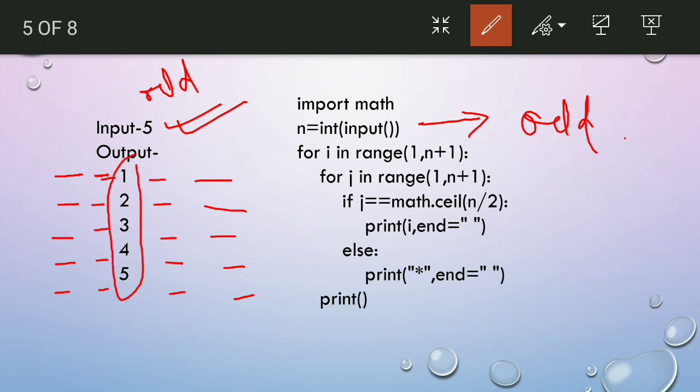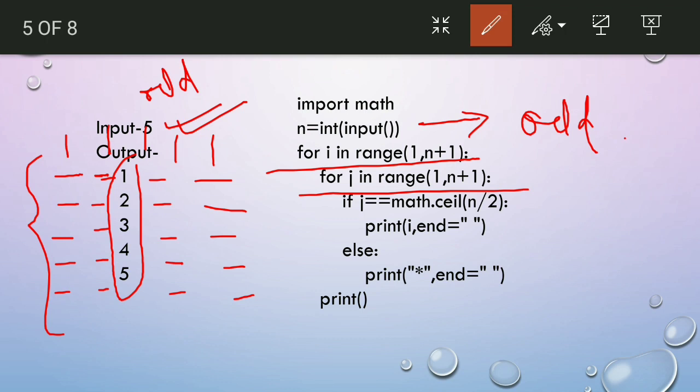If the input is 5, the middle is 3. If the input is 7, the middle is 4. In the same way, we want 5 rows, so i will run for 5 rows, that is 1, 2, 3, 4, 5. j will also run up to 5.